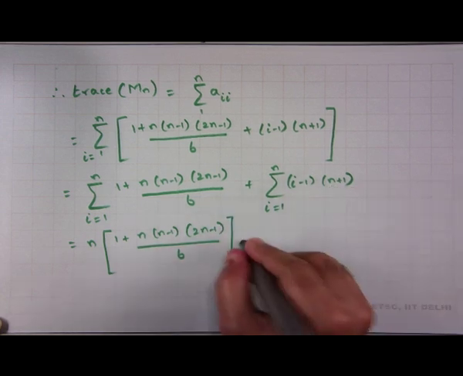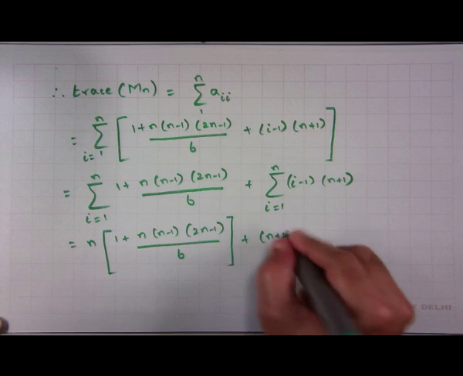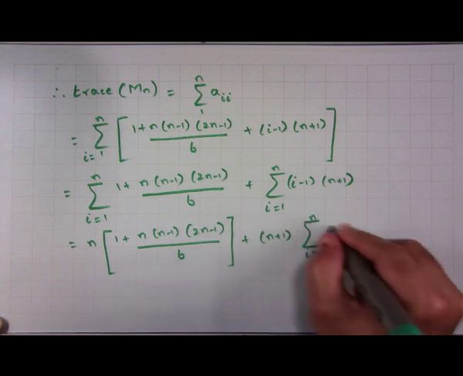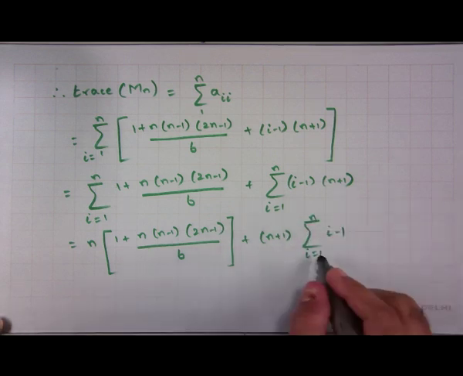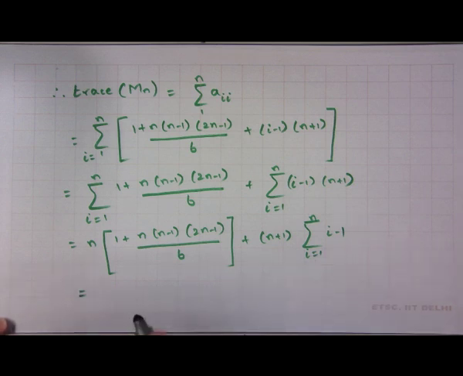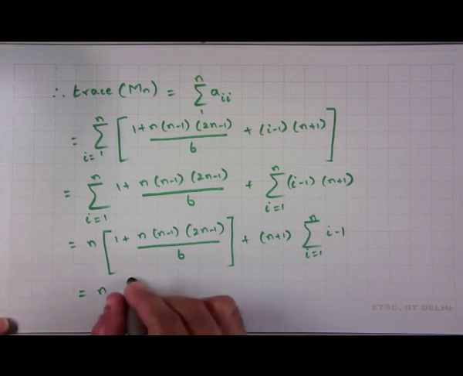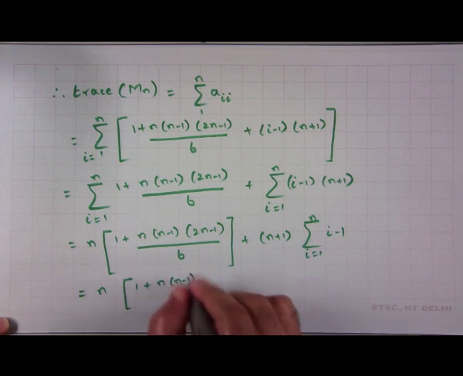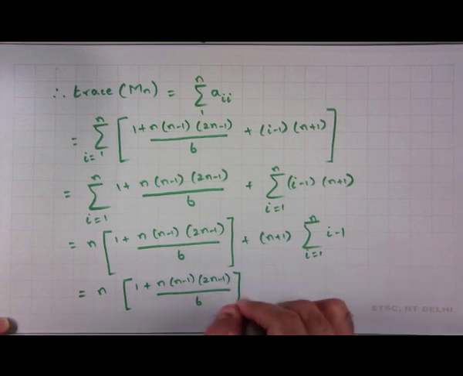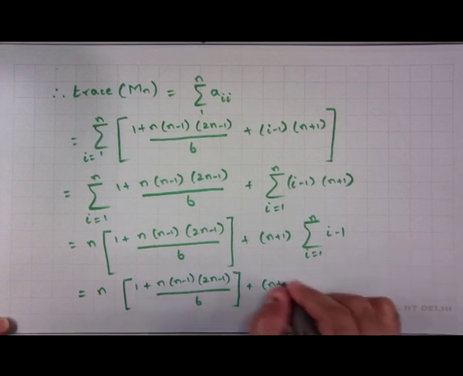This is just a constant n plus 1, I will just pull it out, plus summation i equal to 1 to n of i minus 1. So, i minus 1, which is equal to n into 1 into n into n minus 1 into 2n minus 1 whole upon 6 plus n plus 1 into,